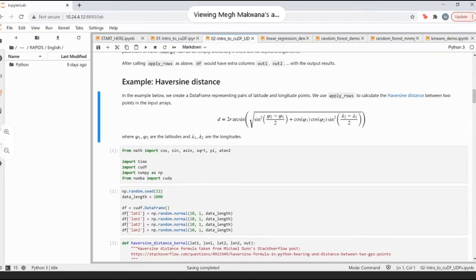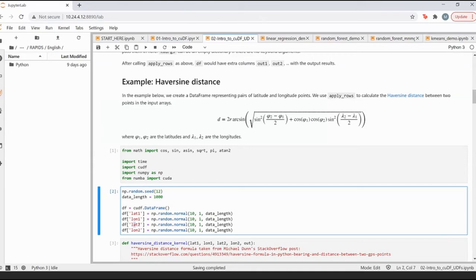So I have lat1, longitude 1, latitude 2, and longitude 2, and these are mentioned as these Greek symbols, lambda 2 and lambda 1, and I'm not really sure how to pronounce this odd Greek symbol, so pardon me for that. But basically lat1, long1, lat2, and long2 are these particular Greek symbols mentioned here, and I want to calculate the Haversine distance.